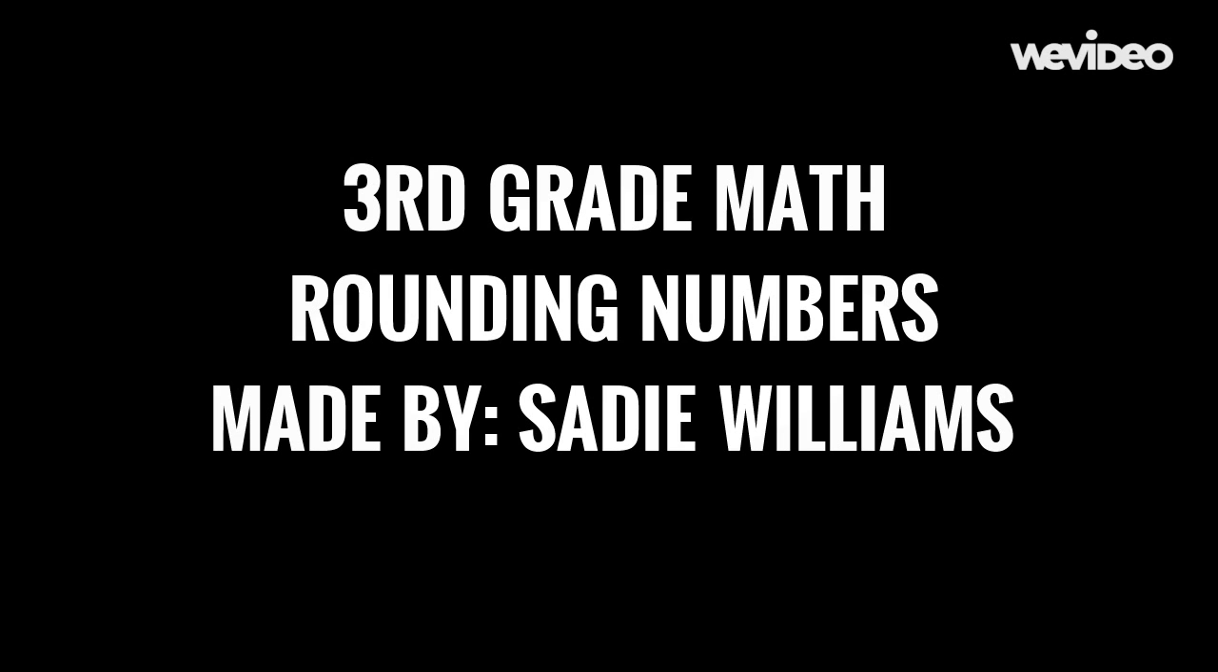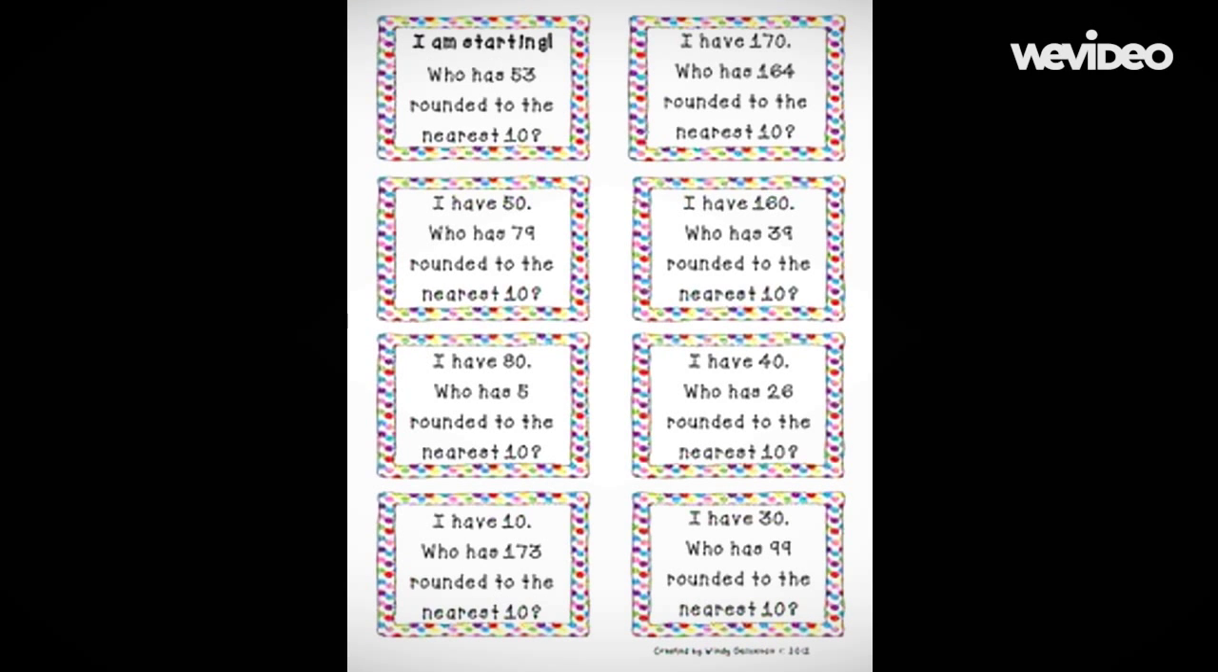To begin my lesson, I will use the game I Have Who Has to review the previous lesson's concept. As you can see on the screen, it is played like this. I am starting. Who has 53 rounded to the nearest 10? I have 50. Who has 79 rounded to the nearest 10? And so on. Then I will ask the students if they could use the same concept to round to the